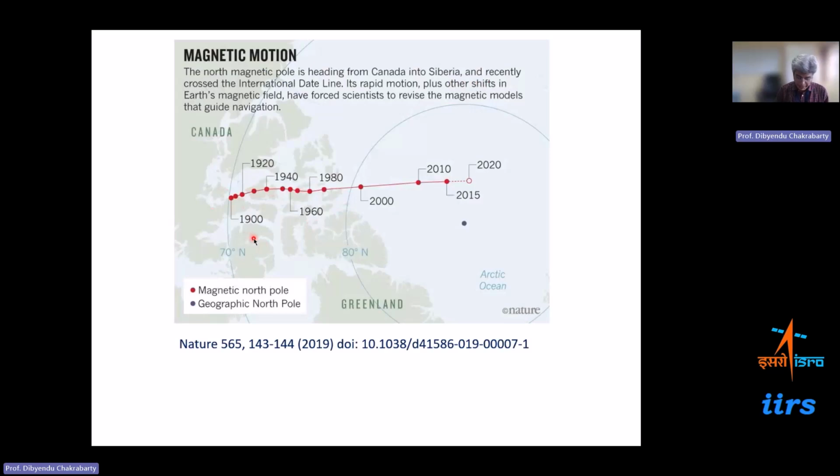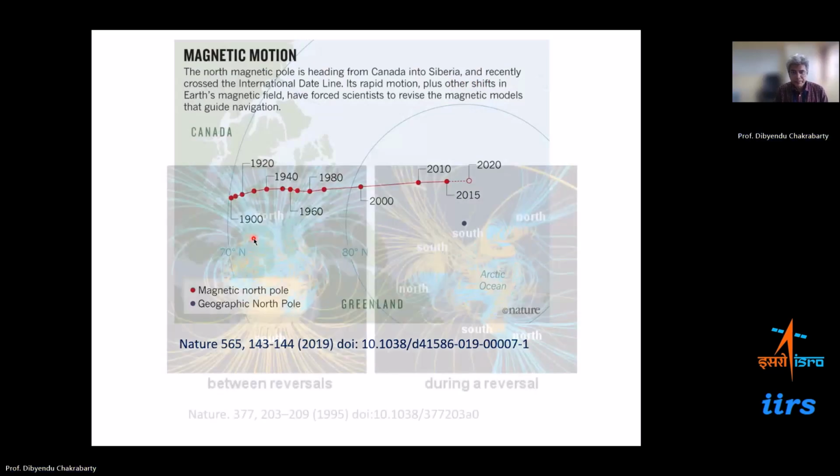And therefore, it is important to consider the evolution of the magnetic field, the change in the magnetic field, for the survivability or sustainability of mankind on the planet, because this magnetic field acts as a shield against those energetic particles coming from the sun when the sun is disturbed.